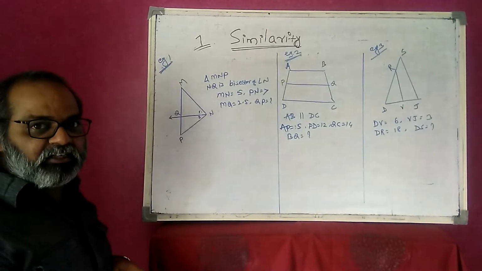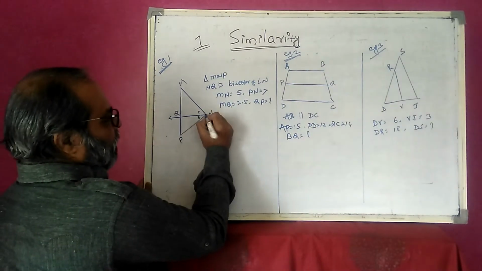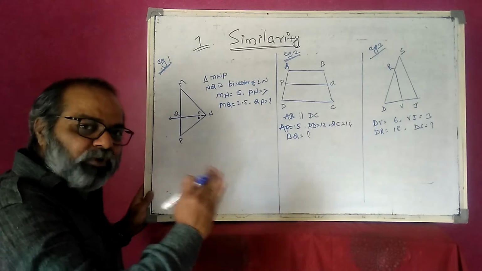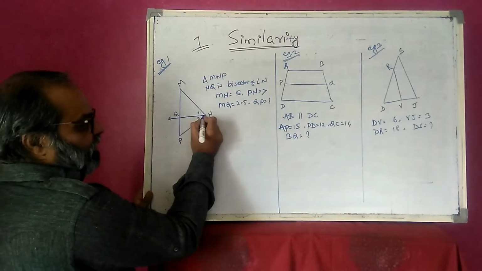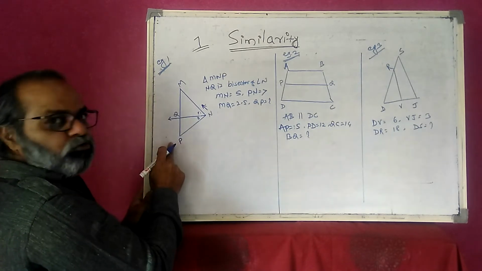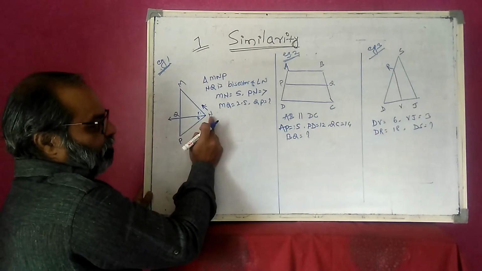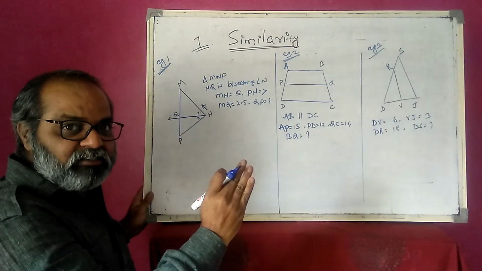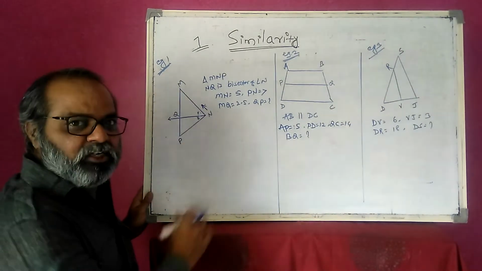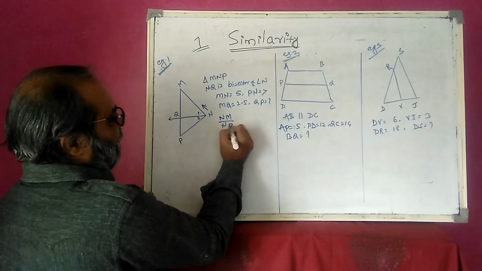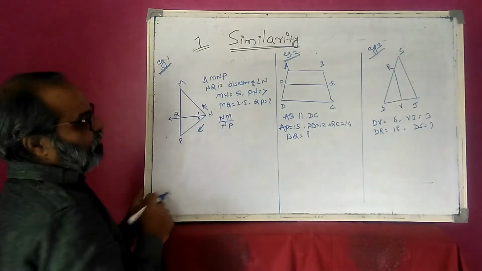So what does the angle bisector theorem say? It is very easy to write: whichever angle is bisected, just start with that angle. Here angle N is bisected, so I start with N, go to one point, then the second point. I start with N because N bisects the angle. So whichever angle is bisected, start with that point; it is convenient for us. So here it is NM upon NP.